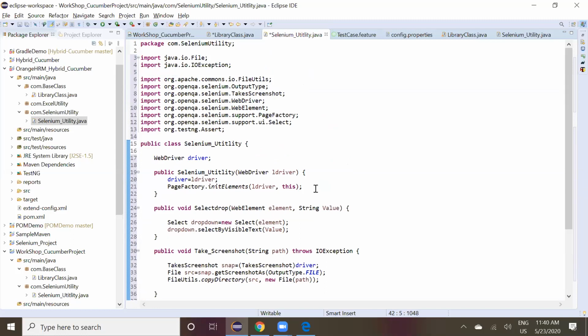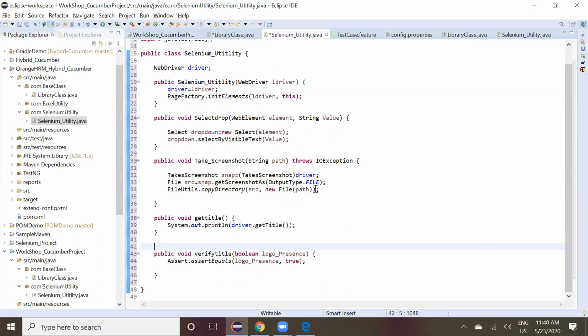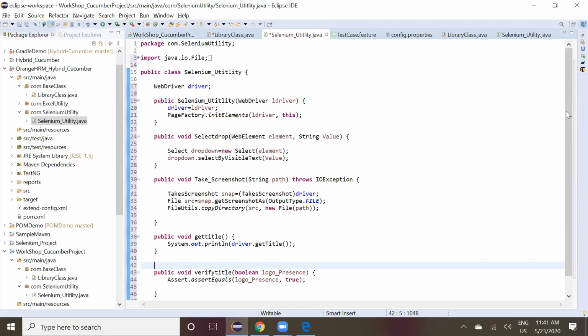So basically, utilities and reusable functions. You create all your Selenium reusable functions and keep them here. So practically, if you learn Selenium, this is a framework class. The basic concepts and topics you learned in Selenium, those reusable functions can be used here, and you call them in your script. So there is no need to write code each time, like select drop down, take screenshot, get title. You can just keep all your functions here and call them in a script. That is the basic idea behind this Selenium utility.